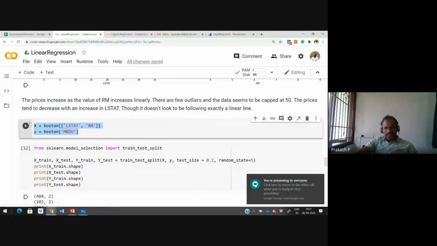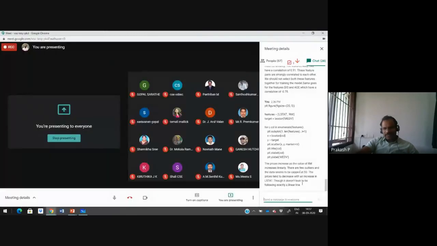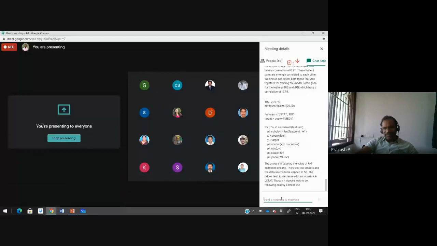Right now, what I am going to consider... This we can call exploratory analysis. Whatever we have done, we can call exploratory analysis. We checked whether there were any null values, and there is no null value. Then we tried to understand the correlation. Then we made it a heat map. From the heat map, we made some observations. We are not going to choose all the features. We are going to choose only a few features.